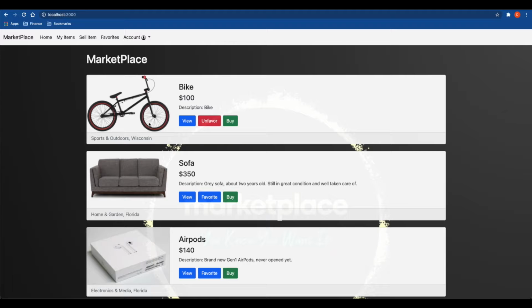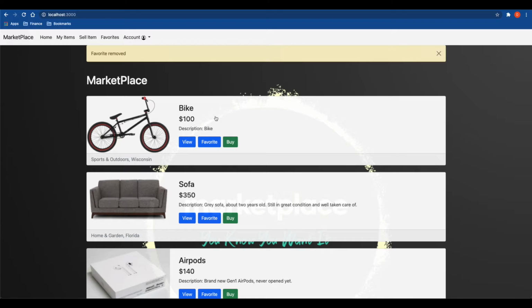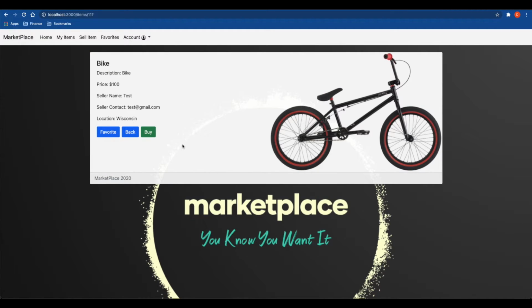Now as you see, it took me back to the home page, but now this button changed to unfavor. So now if I jump over to the favorites tab, this bike will appear here, and I can unfavor it if I am no longer interested. Now, if I want to view this bike one more time and purchase it, all I have to do is